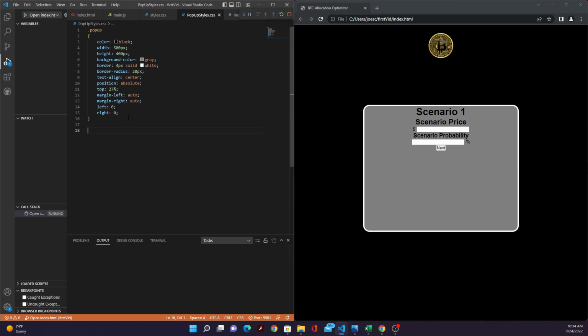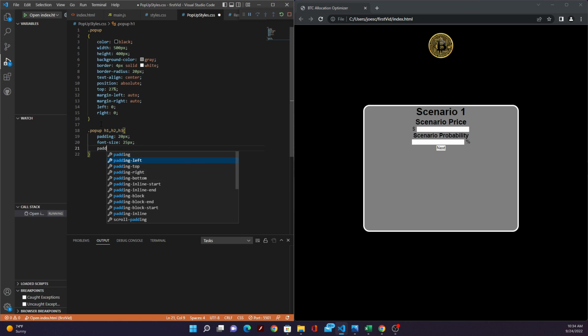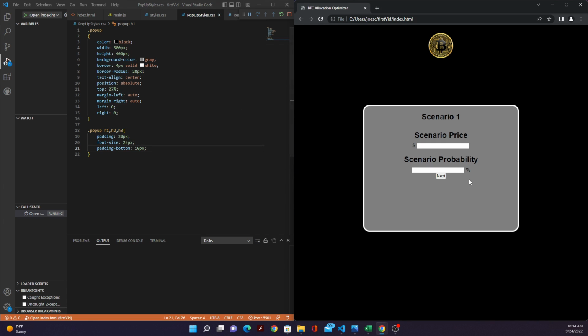So obviously you don't want everything to be scrunched together. So let's edit the pop-up, and for now let's do H1, H2, and H3. So we're going to want to give it a padding, 20 pixels, a font size of 25 pixels, and padding on the bottom of 10 pixels. So after those changes, everything is a little spaced out, but still looks kind of weird. Let's start by